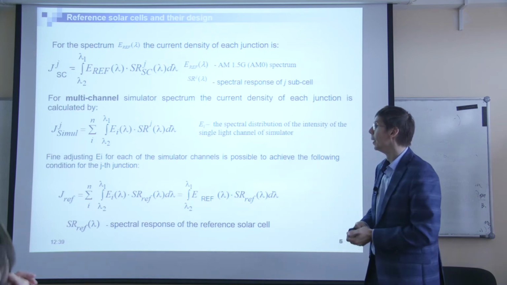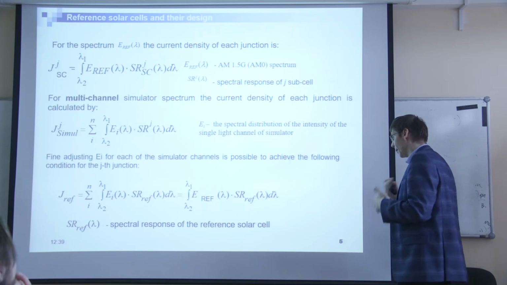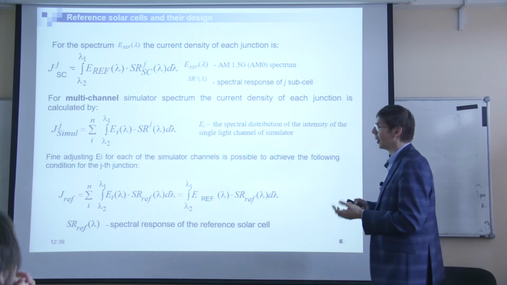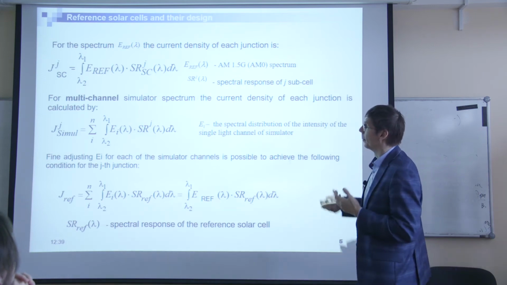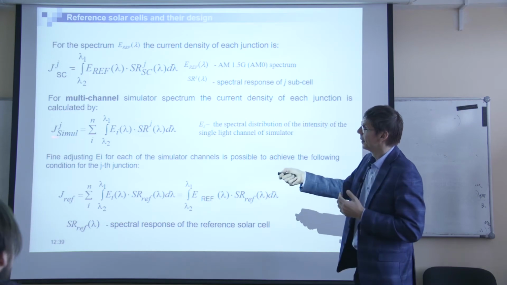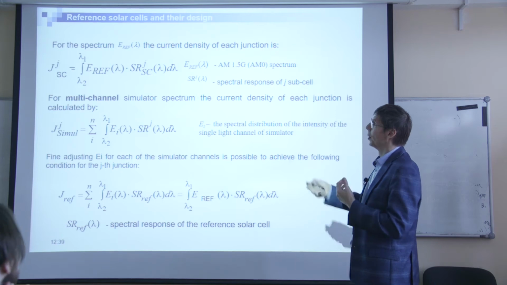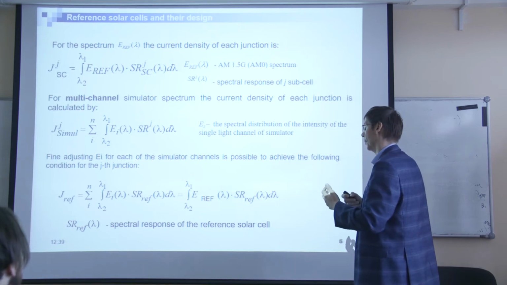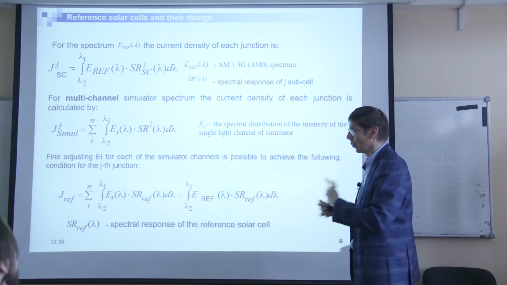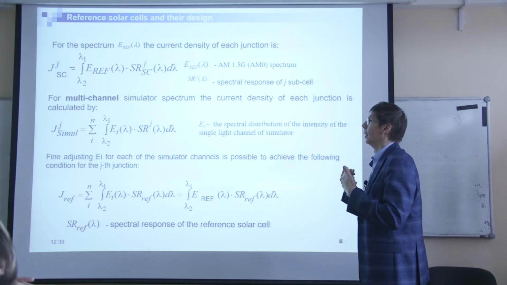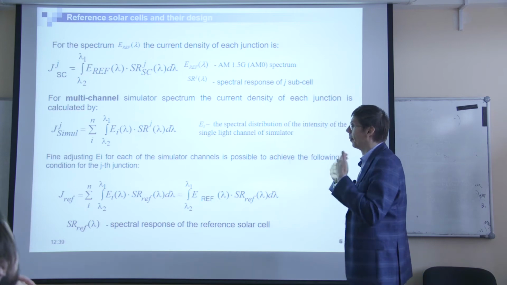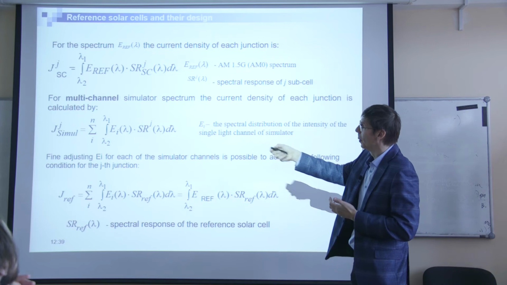So you see, in some ideal case, you can get that the current of each junction corresponds to the current of the junction